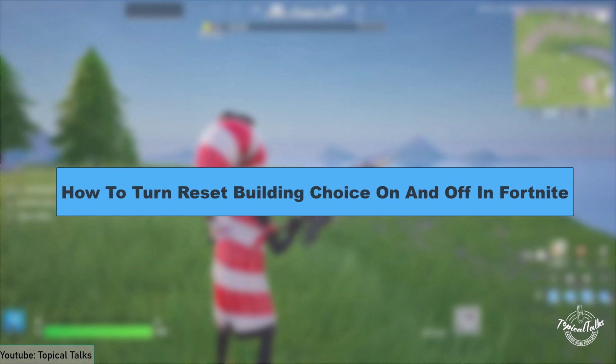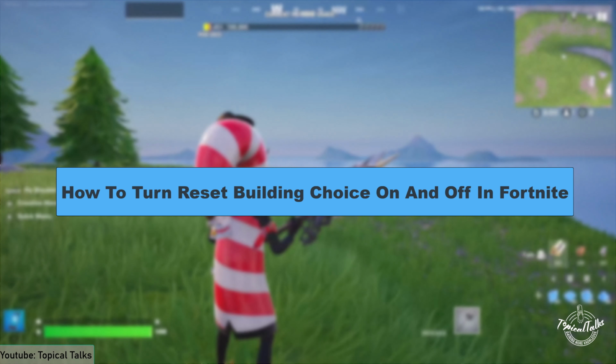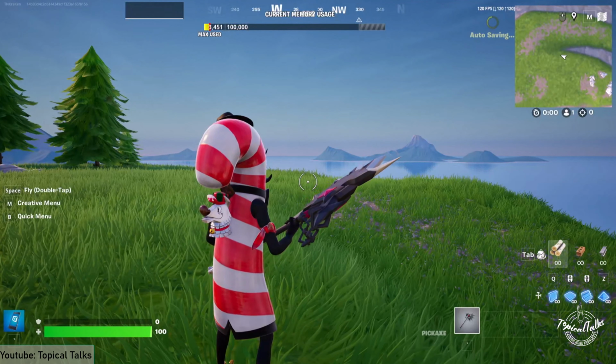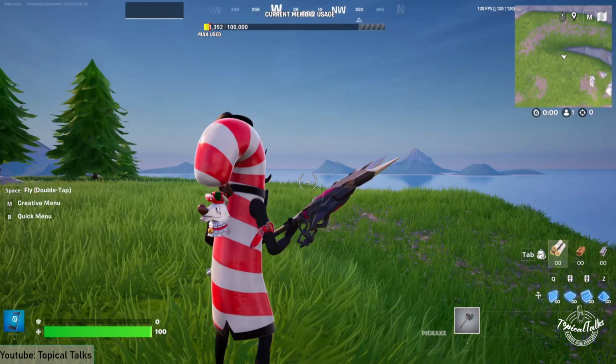In this video, we will learn how to turn reset building choice on and off in Fortnite. So in Fortnite, in order to turn reset building choice on or off, all you need to do is, after